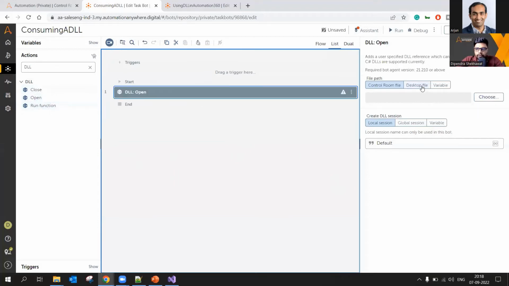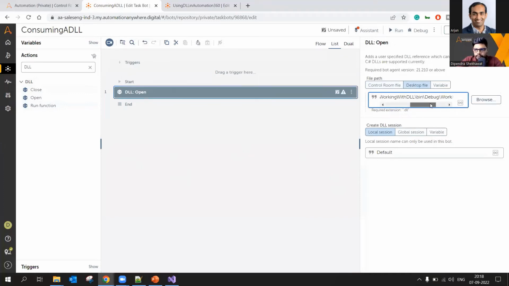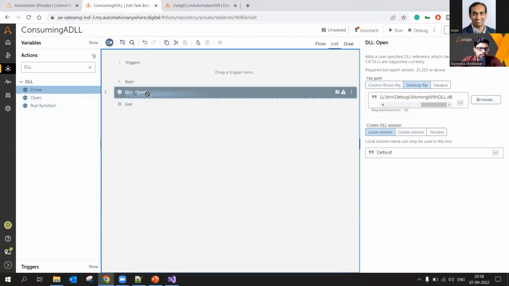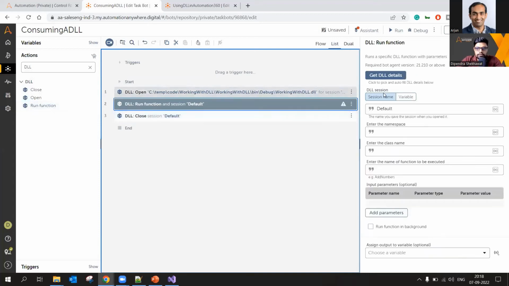Okay, DLL Open. I'll go with Desktop file. I had copied that path, so this is my path of the DLL. And session, let's keep default only. Now close session and the Run function. So in Run function,